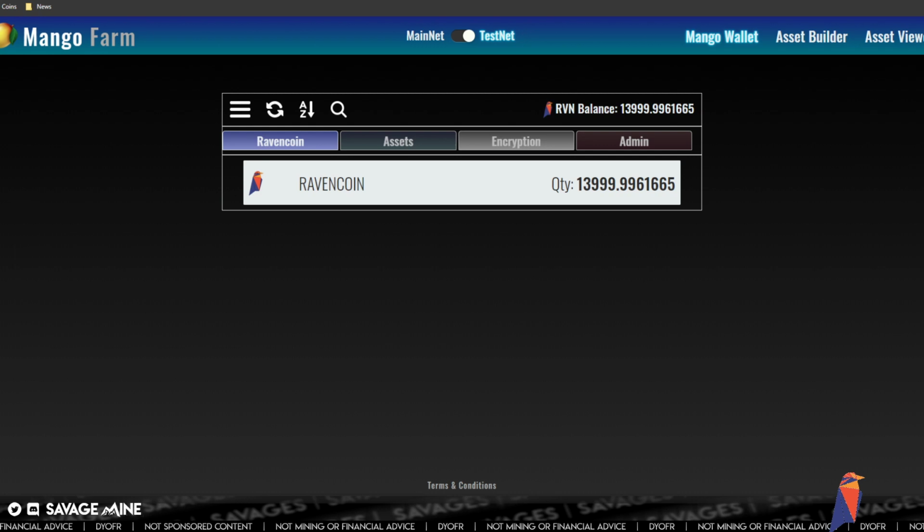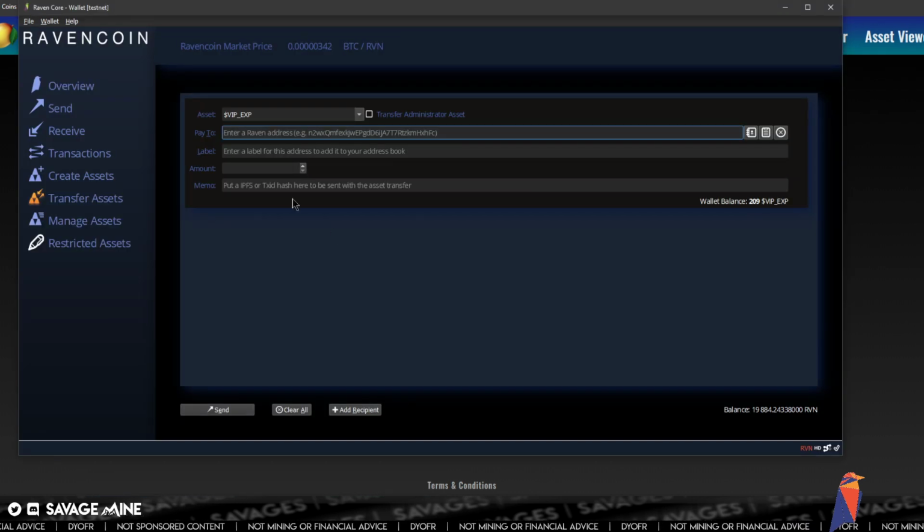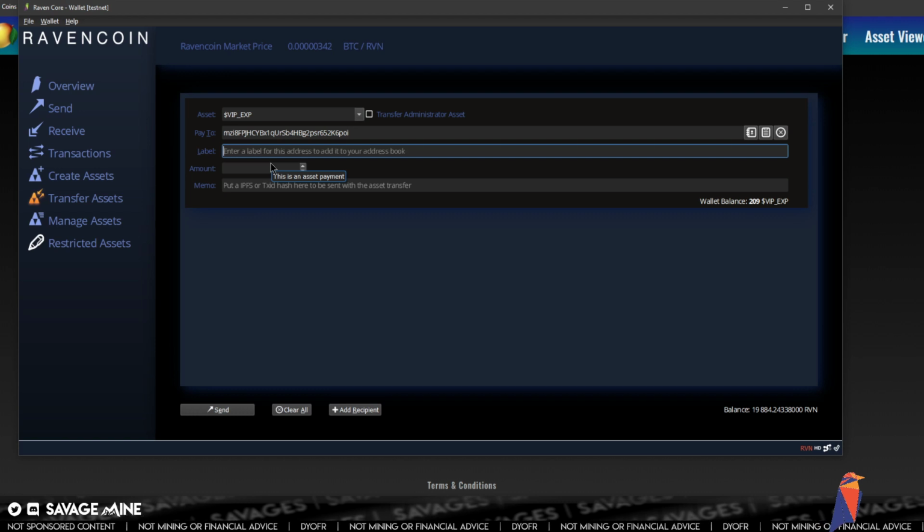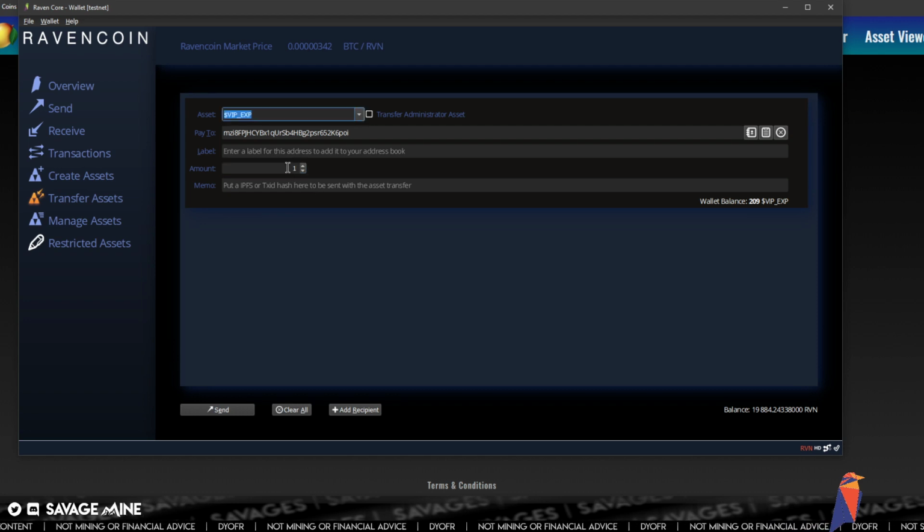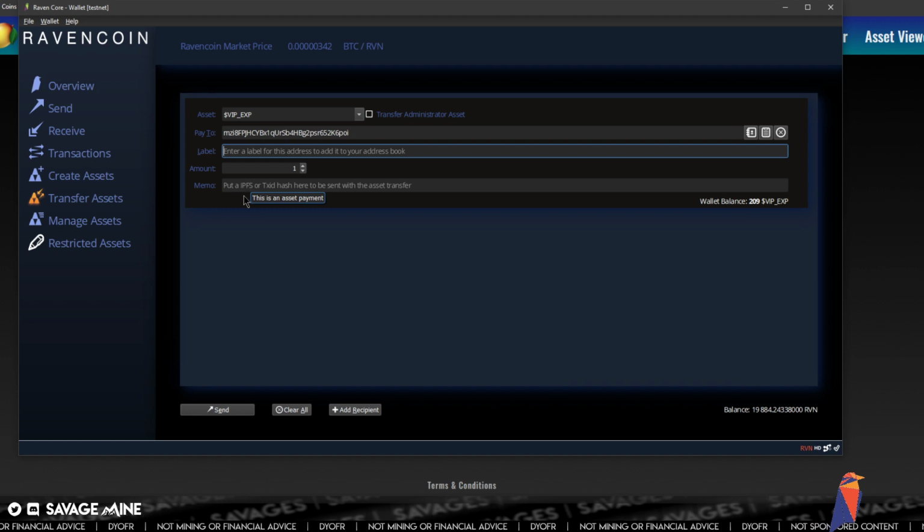So we need to see if we can send that address one of the VIP experience restricted assets, okay? So we're gonna send one because we're gonna pretend like we were RAVENCOIN and we were trying to send the VIP restricted asset.